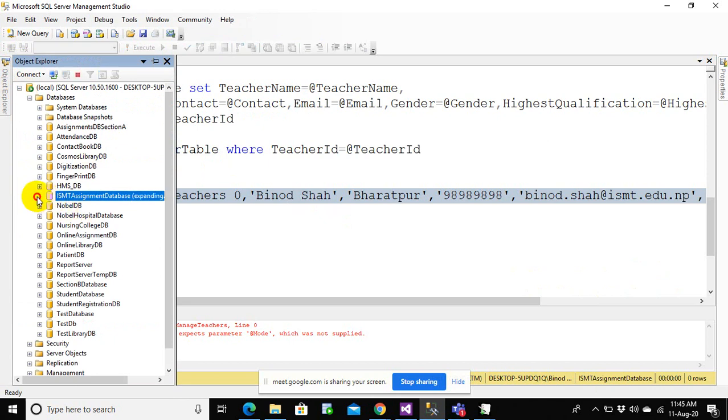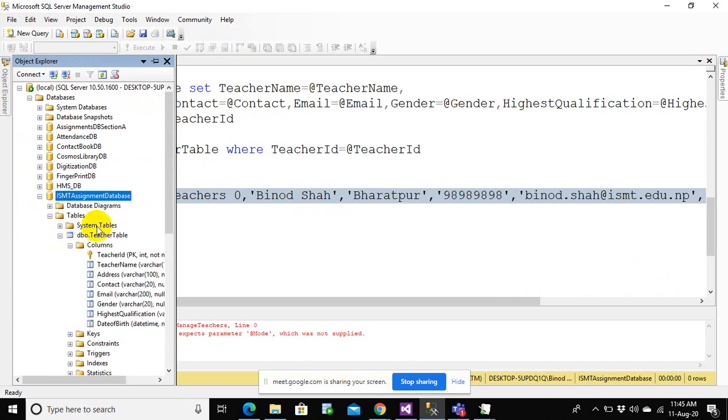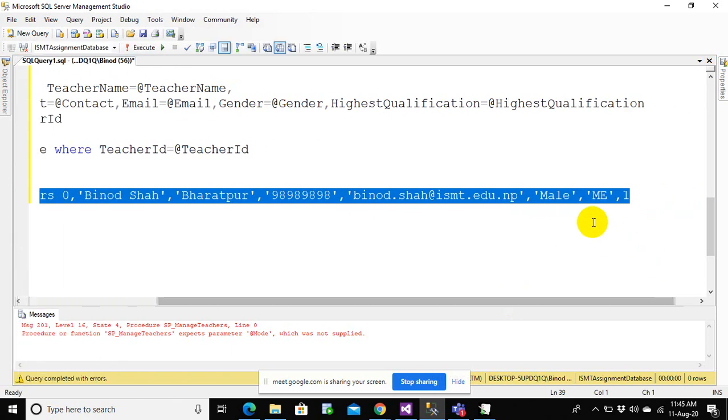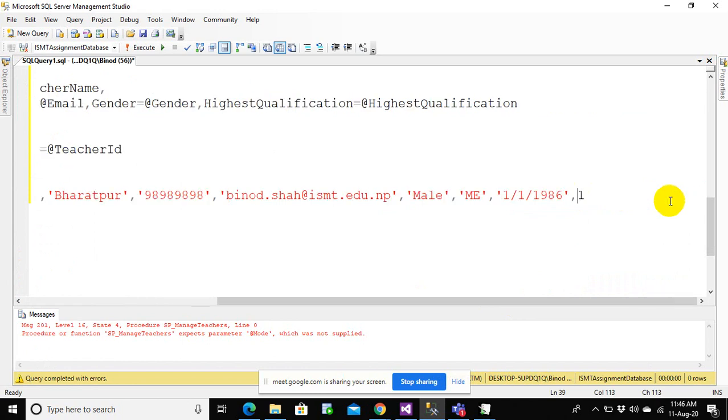Let me just check. Okay, let's say Vinod, address Bharatpur, contact, email. Oh, I am missing date of birth, sorry. So let me have a date of birth as well, 1/1/1986, let's say.